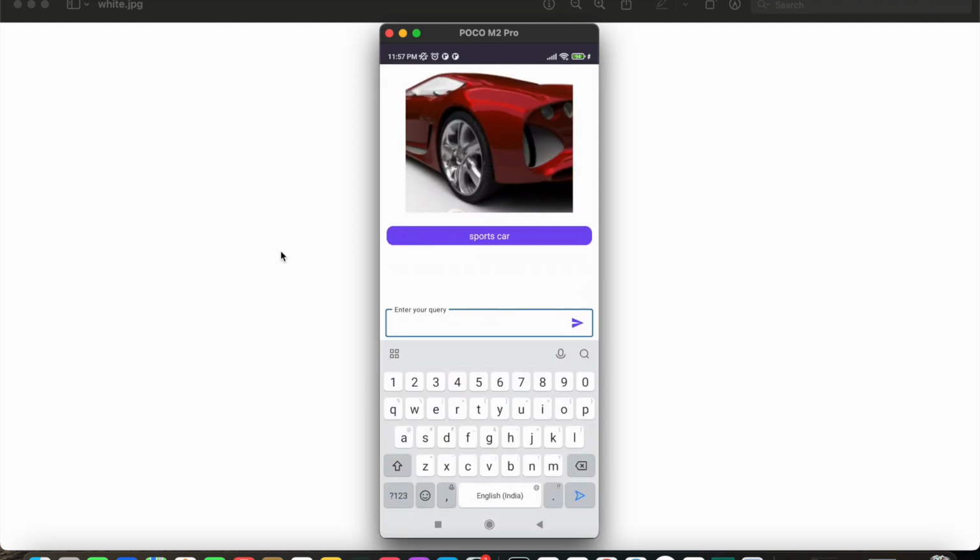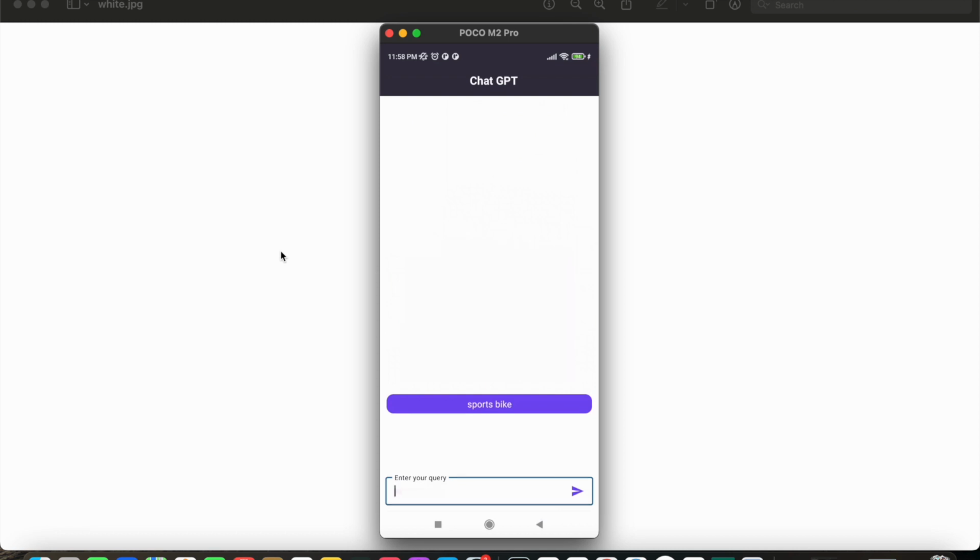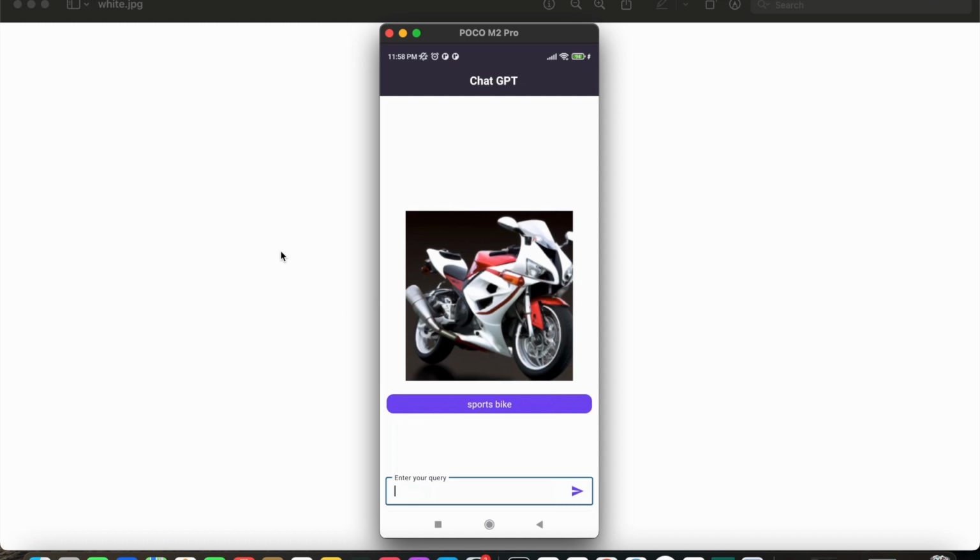Similarly, we can type for a sports bike and then click on send. It will take some time to load the image. And we can get to see the image for our bike. So in this way we have created a simple ChatGPT image generator application using the OpenAI